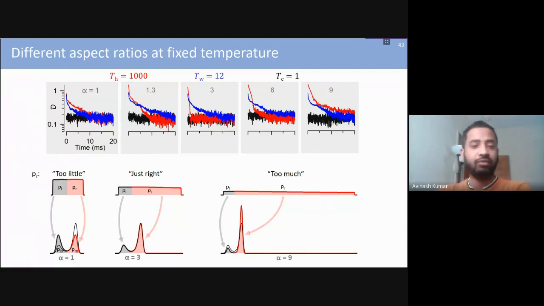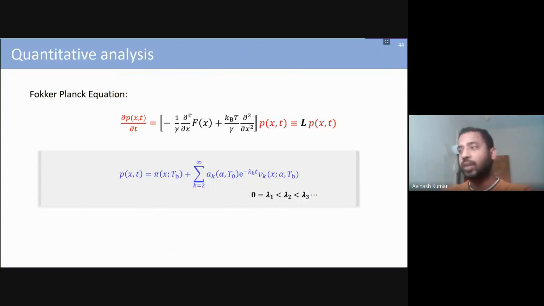And why do I say that? The reason for that would come from a quantitative analysis. So far we have a qualitative picture of the thing happening in the background. So now, to do a quantitative analysis, we just use a Fokker-Planck equation, which governs the evolution of a system